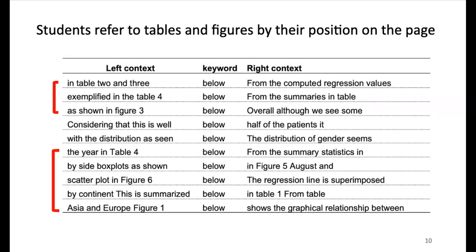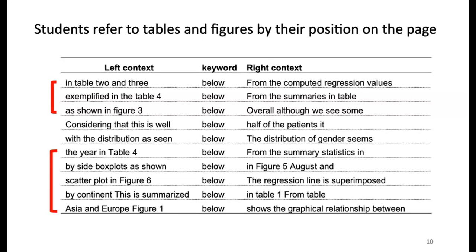And the students are referring to figures and tables based on their position on the page itself. Whereas in the published corpus, authors tend to use the word "below" to refer to written content that comes later in the paper, but not to the positioning of figures or tables on the page, especially if some of these expert writers, whether they're writing in LaTeX or whether they're aware that some of the formatting might change during publication, they're careful not to use "below" in order to denote the position of a particular table or figure on the page.